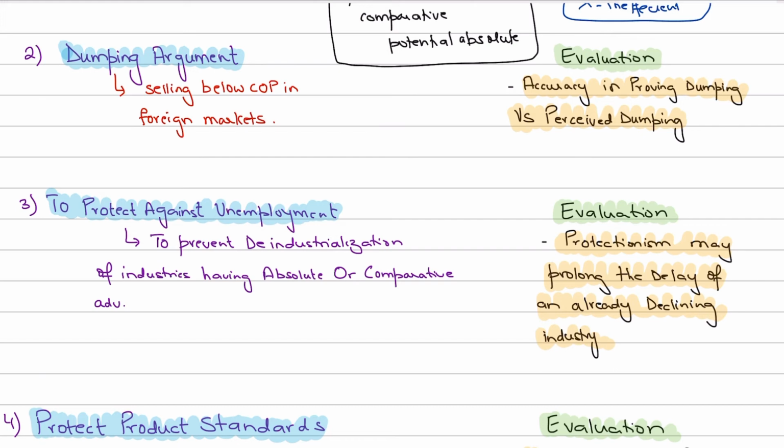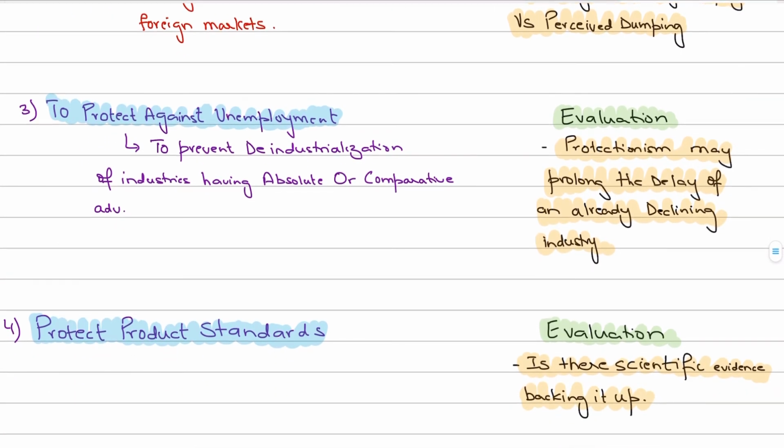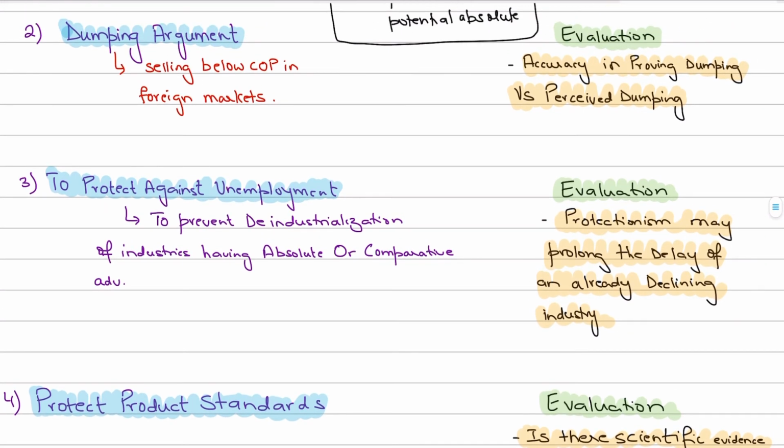And then, guys, when countries feel that their products are being dumped in their markets, the government is most likely to implement protectionism. And in that case, if they do not impose some form of trade barriers, it will result in our domestic industry declining, or again the infant industry argument takes place. Or it may result in unemployment, that is, structural unemployment. And then you can also say that there will be a lot of anger